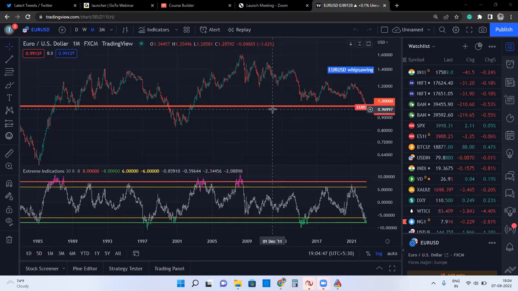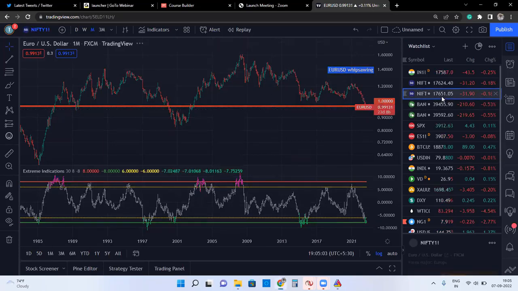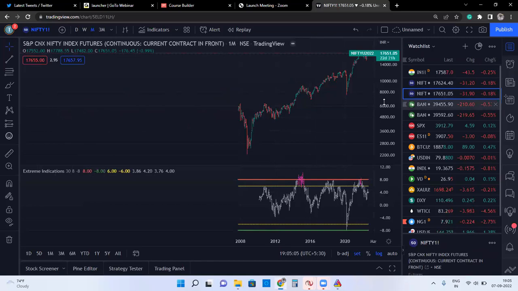And today's session, we are going to talk about options execution using TradingView. TradingView doesn't support options. However, what we are going to do here is understand the module and how we can use that module